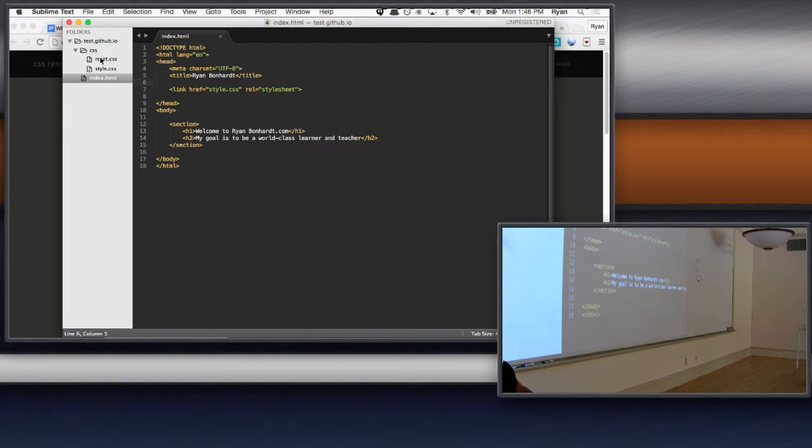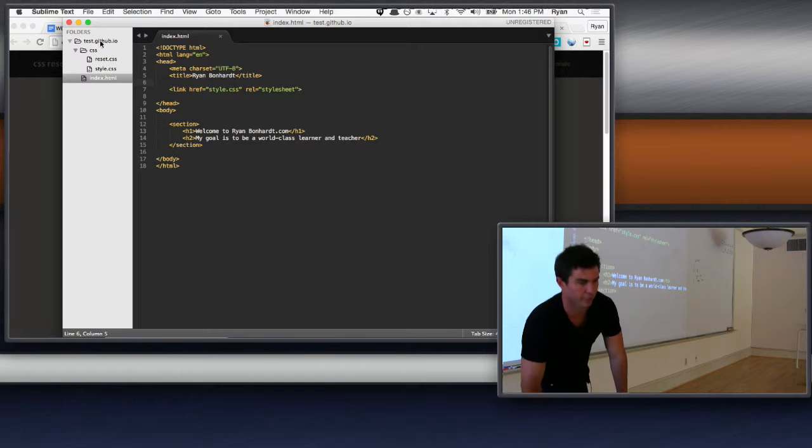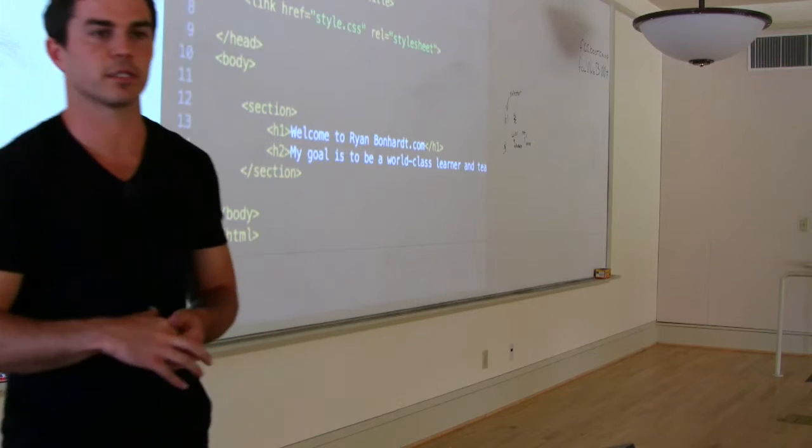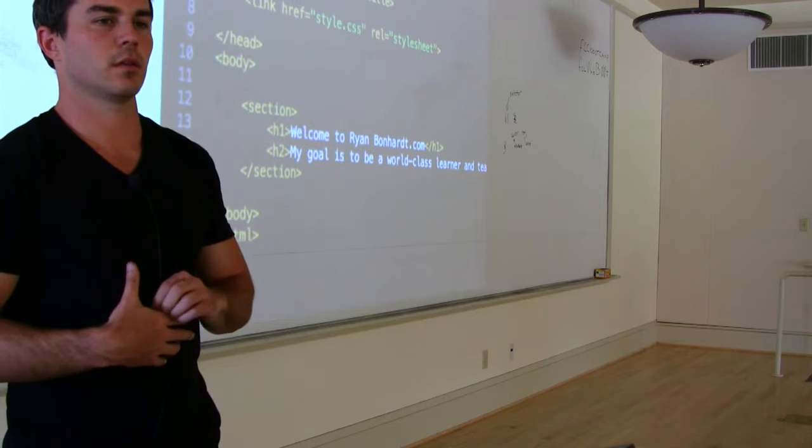Where did you want these files? Go ahead and create a new folder. So right-click on your username.github.io and create a new folder and title it CSS. And just so